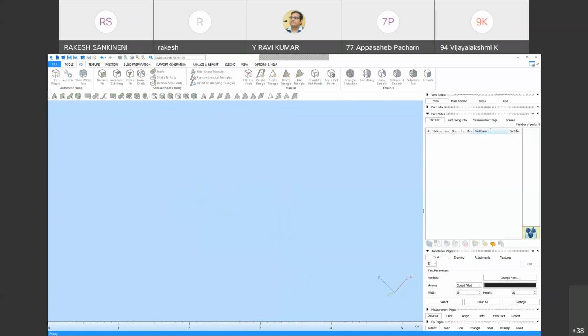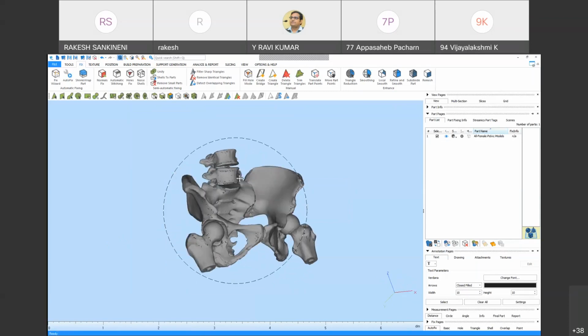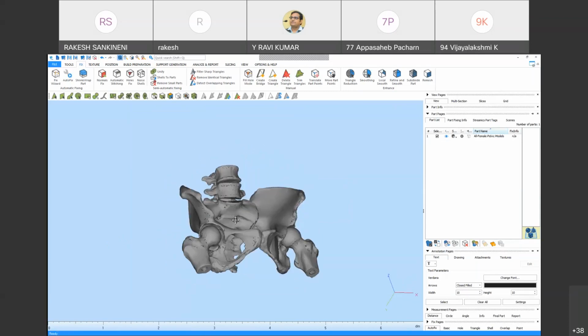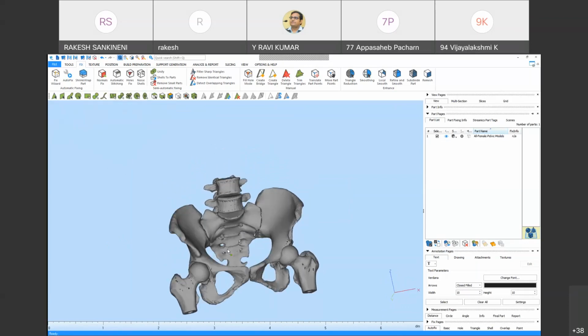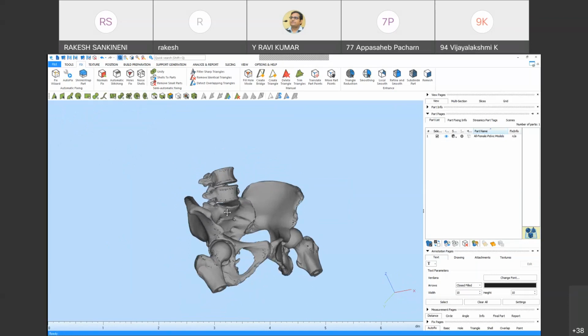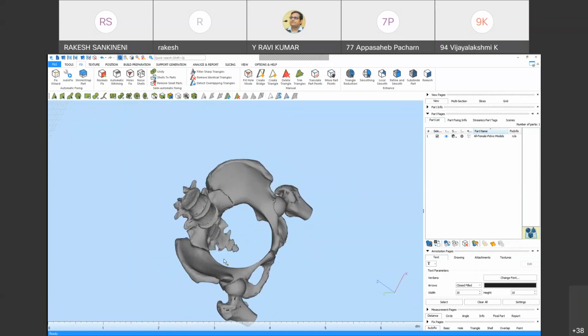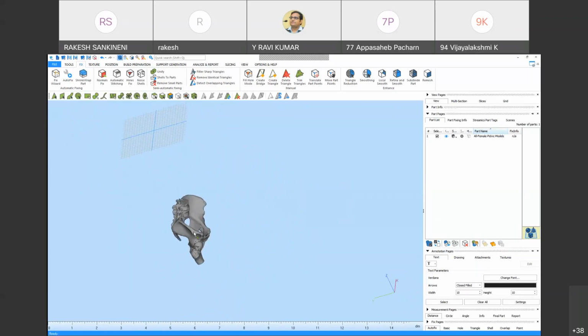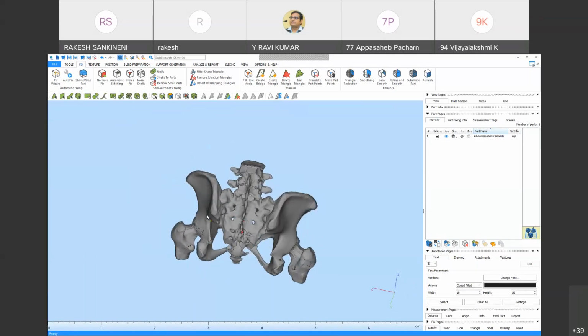So you can download a few STL files and then print the models with the machine. We have an Ultimaker 2 Plus machine. With that machine, we printed a few mandibles and then craniums. Those are these things.